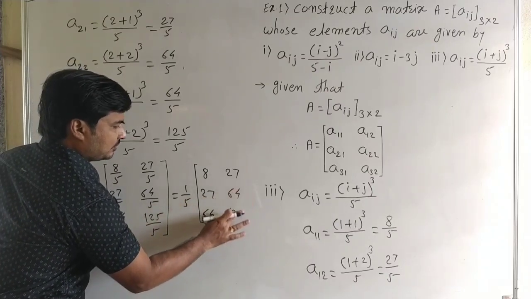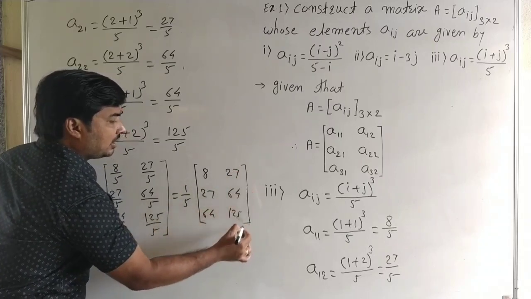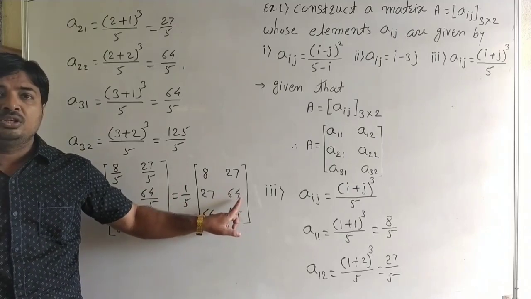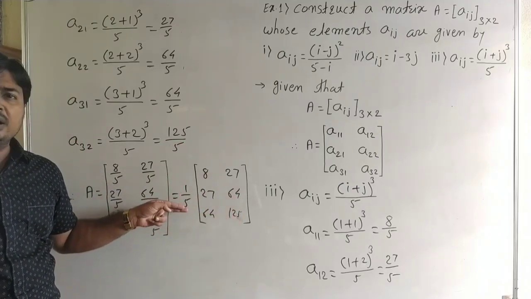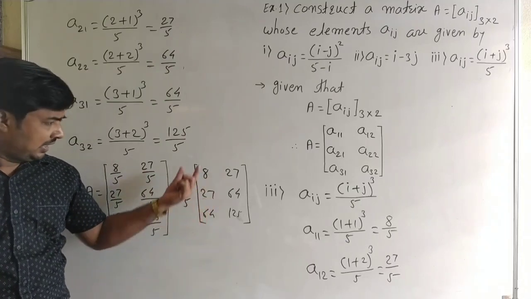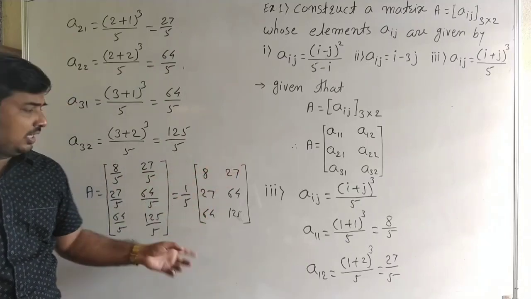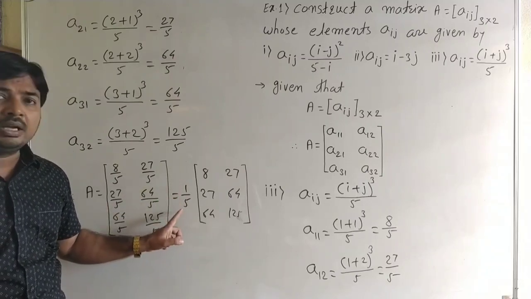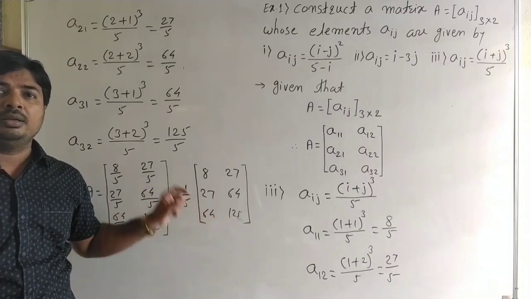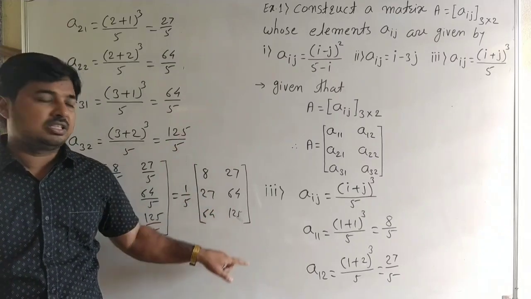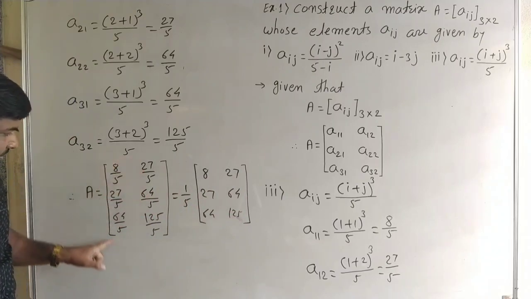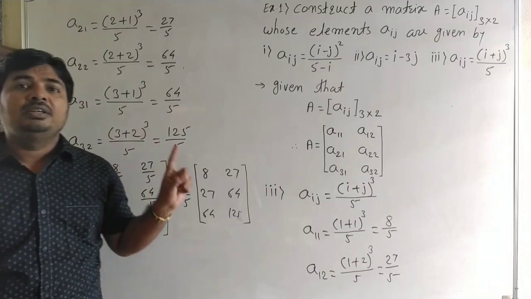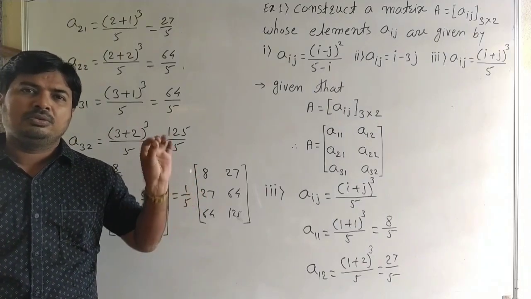Okay, see carefully this, it is a difference between the determinant and the matrix. Here when we multiply a number, that means a scalar, to the matrix, it is scalar multiplication of a matrix. It will be discussed in the next lecture. Okay, when we multiply a scalar to a matrix, we multiply this scalar to all elements in the matrix. Here we can take the common 1 by 5 from all elements. In determinants, the properties of determinants we can discuss.